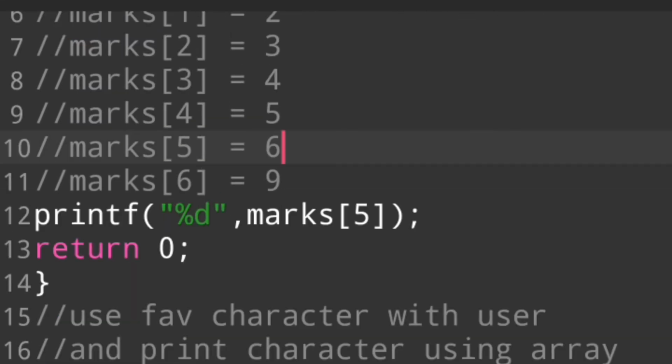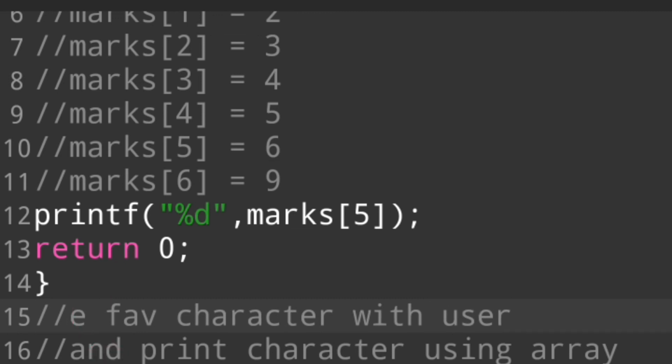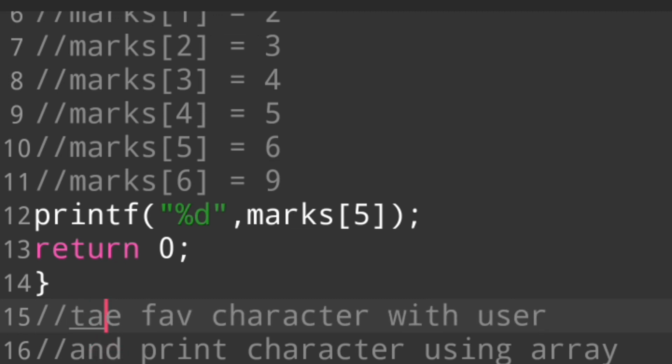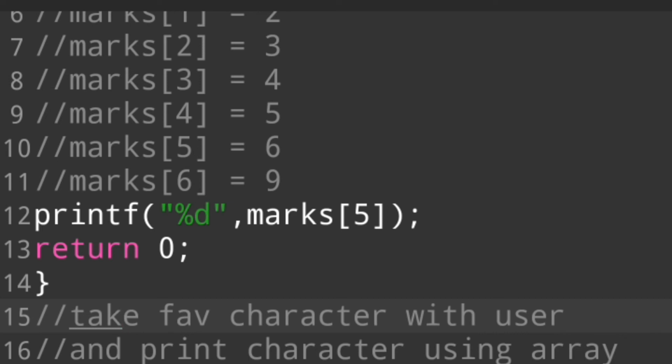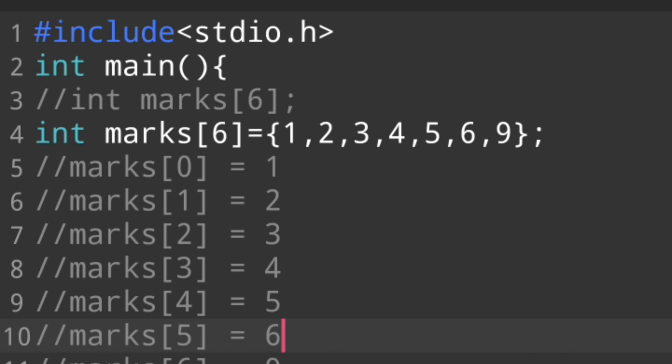This is a simple program. This program says you take a favorite character from the user. You use the scanf function and take the favorite character from the user and print the character using an array.